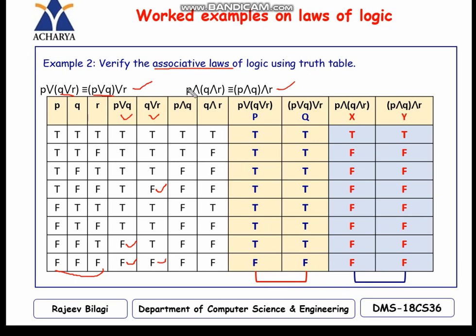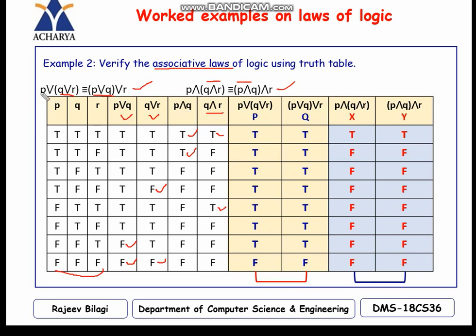Okay, so now since I need to prove for the AND operator also, I'll take Q and R, P and Q. When both are true, then only it is true, otherwise it is false for P and Q. So if you look at this, this is P and Q, this is also P and Q, rest all will be F. So now Q and R, this is true, so all other values will again be false. Okay, so this is with respect to P and Q and R.